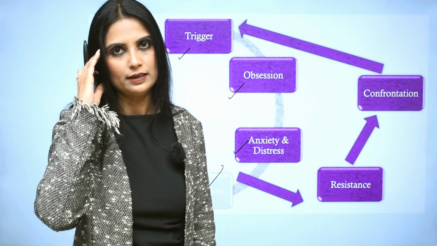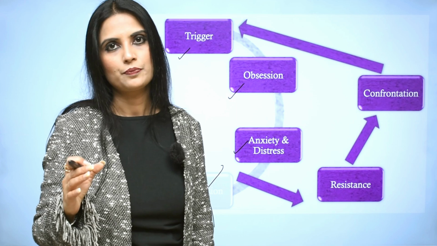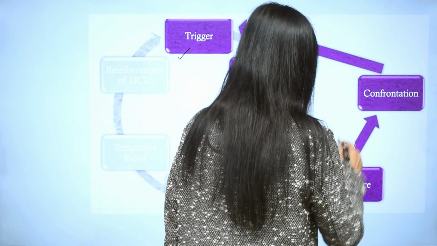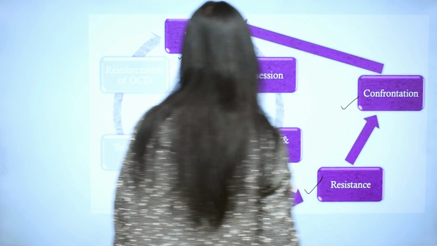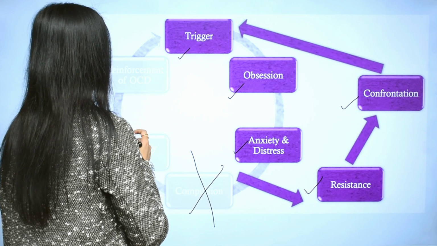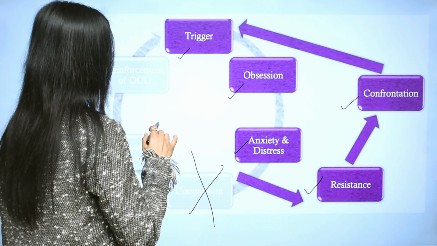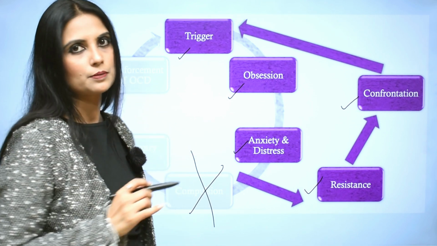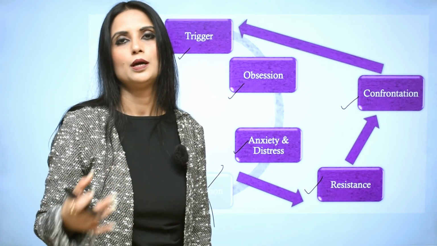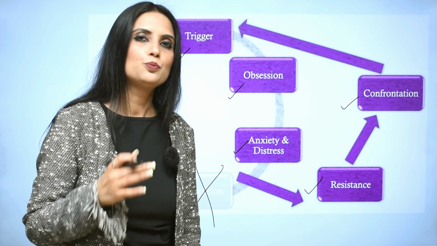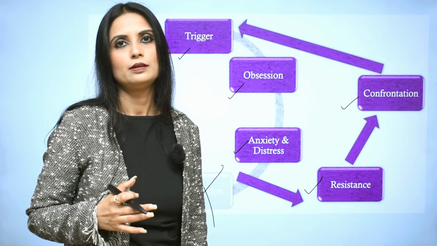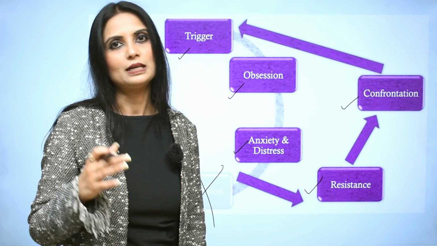So first set up your mind, I need to break this OCD cycle, and you need to resist and confront your trigger. This way, you stop performing your compulsions, stop seeking temporary relief, and this process stops reinforcing your OCD. It's hard, I understand, I can empathize with OCD sufferers, but this is the only way to break the OCD cycle. You need to develop self-control. Gradually, you will develop that self-control.